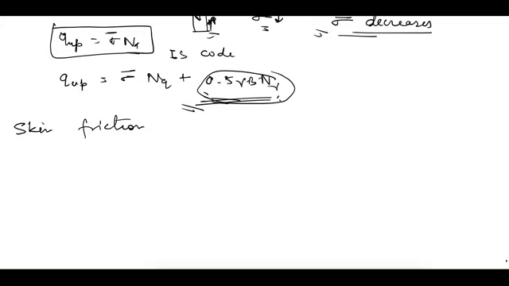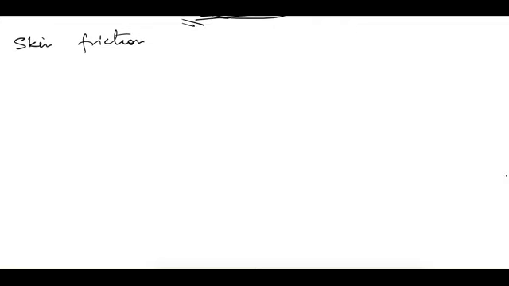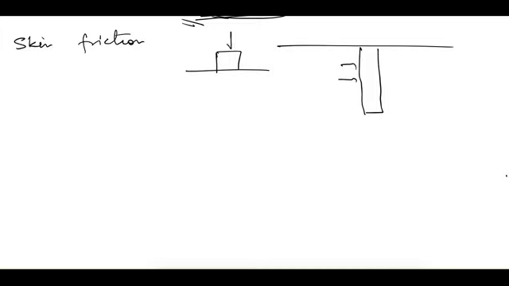So we are seeing just the cohesionless soil first. So what is this skin friction? We know that it is the friction between the soil and the pile material. So we can again use the theory for cohesionless soil, that this is one block kept on this surface and the coefficient of friction is given as mu. So if the angle of friction between the pile and the soil is delta, and if this is the normal reaction, then mu is equal to tan delta.